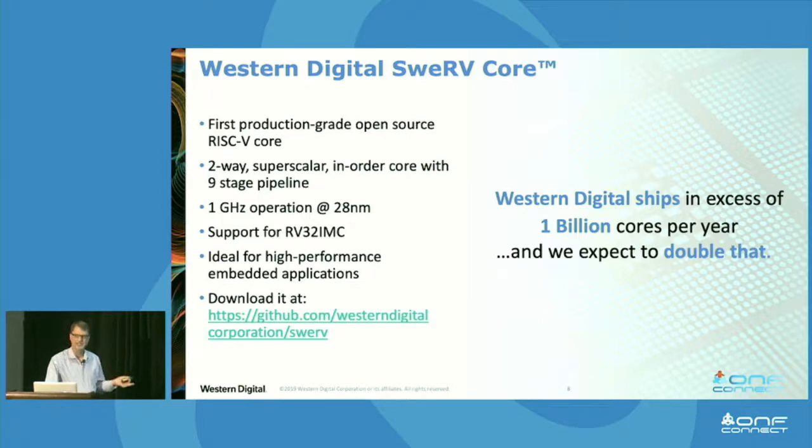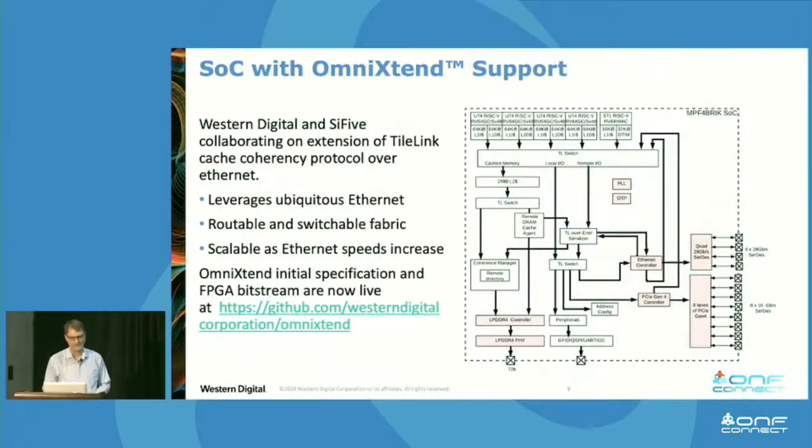So I mentioned this idea of cache coherency. One of the reasons I mentioned RISC-V is because we have cores that are open architectures, and we can get access to the cache coherency in a RISC-V architecture in a way that we cannot in some other instruction set architectures. So we are working with a partner, SiFive, to create a system where the cache coherency now extends outside of the